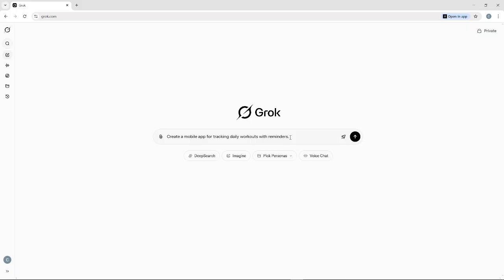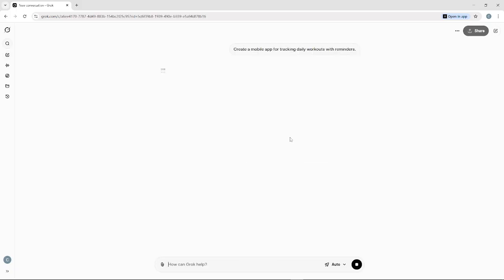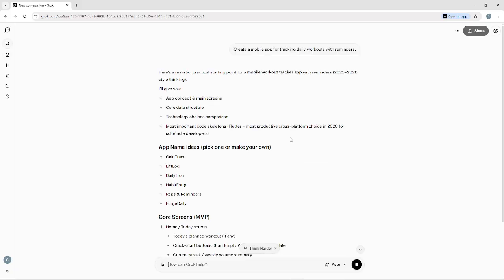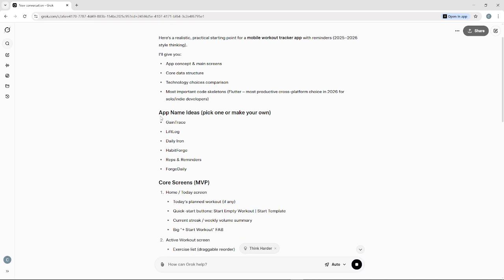Mention essentials like a login system, reminders, or notifications if you need them. The more context you provide, the better Grok can tailor the plan. Press Enter to submit your request. Grok will generate a structured blueprint that outlines the app's layout and screens, key functionalities, and the user flow from